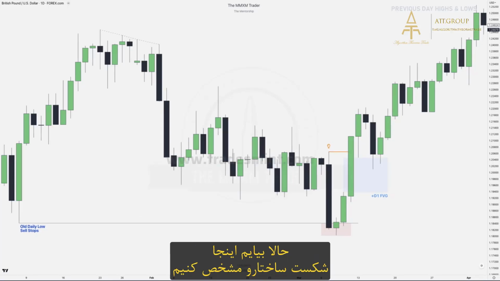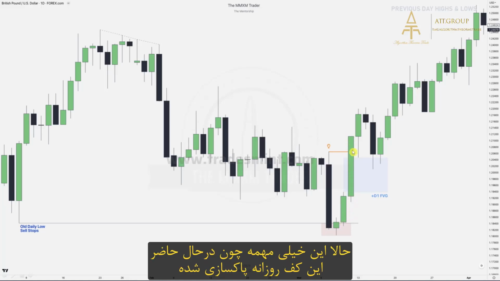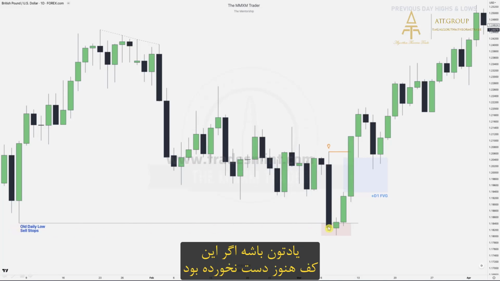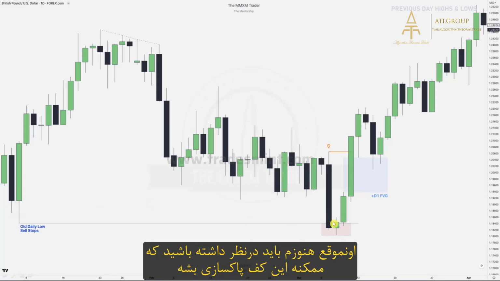Now let's annotate a break of structure, right? Over here this was the last swing high in this down move, and it got taken out by this big bullish candle. Now this is significant because we already took out this old daily low, right? So remember that if this low was still intact, and let's say this candle and these candles just were slightly above here, you would still